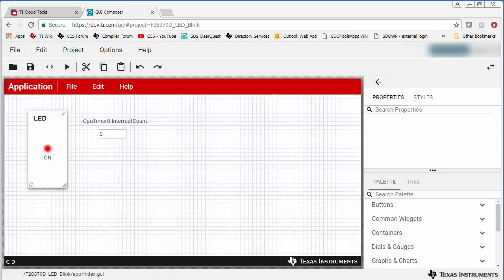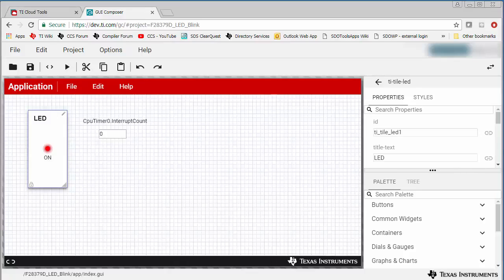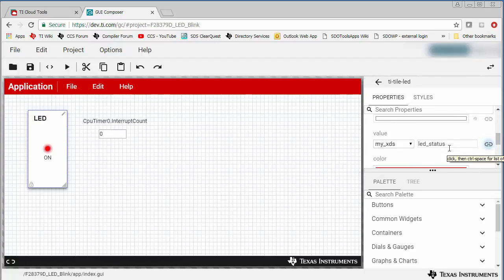The one I have open here is a simple application that has an LED tile widget that shows the status of the LED on a target board. The widget is bound to a global variable in the CCS application called LED_status. In the CCS application, this global variable holds the status of the pin tied to the LED, so it matches the state of the LED. And since the LED tile here is bound to this global variable, it will reflect the state of the LED